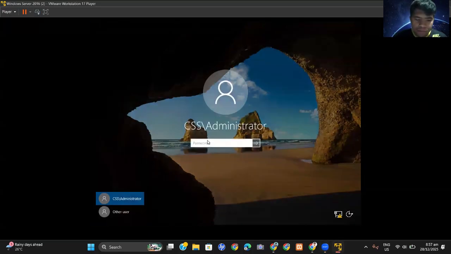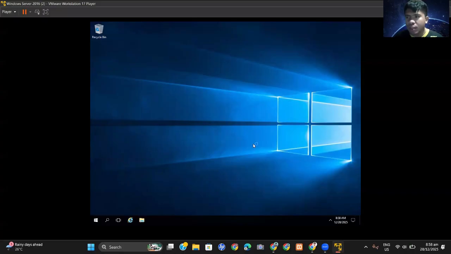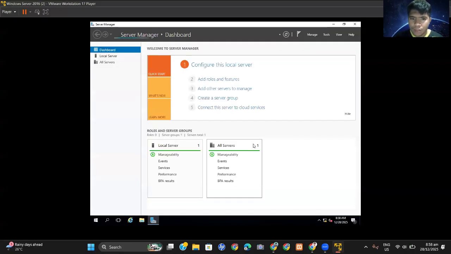Then type the administrator. So as you can see, this is the NetBIOS that we configured earlier. It is accompanied by the name of the administrator since administrator is part of the NetBIOS of it. So just type the password. So you can check it again. Then wait for a moment and the Server Manager automatically shows up.